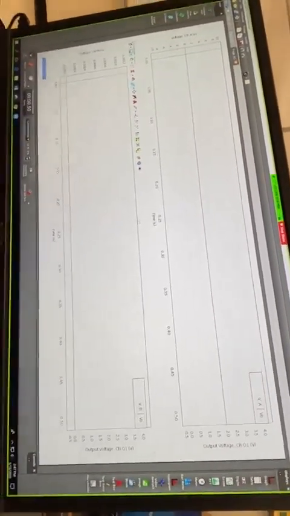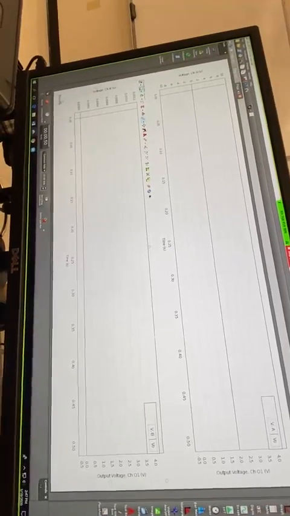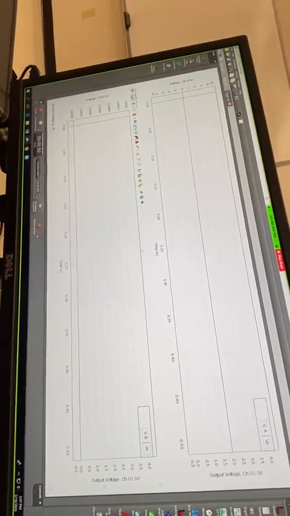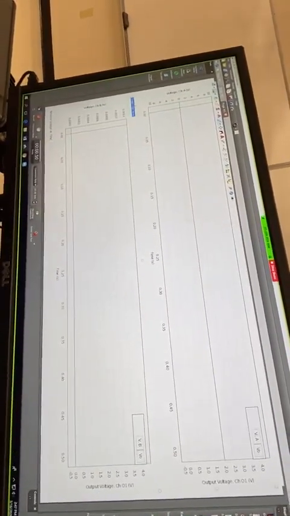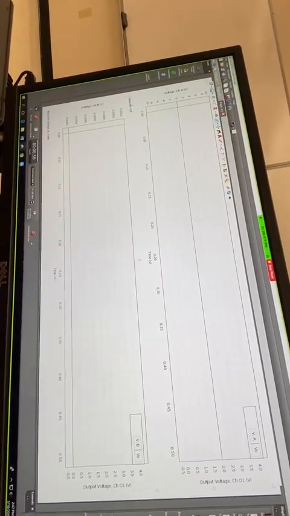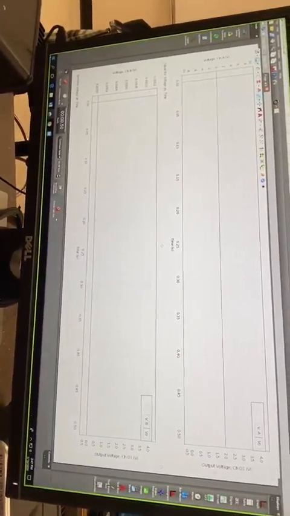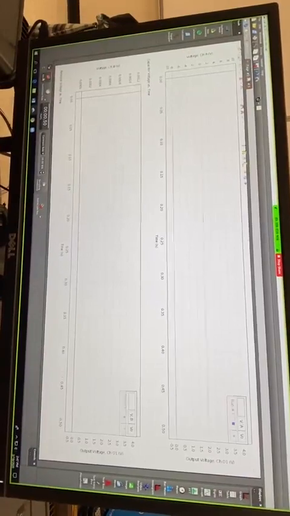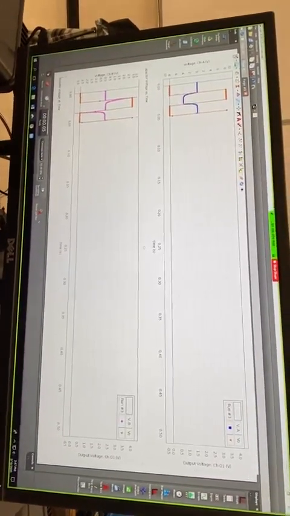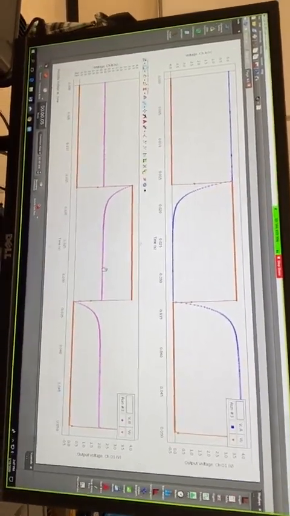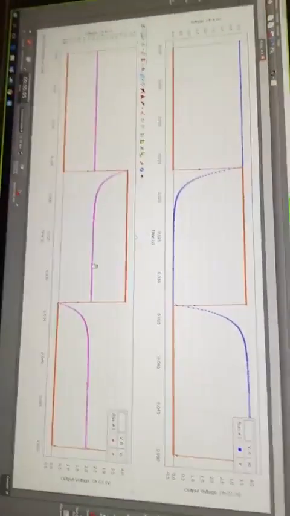I can put a title here just to remind myself. This is the resistor voltage versus time, and this is my capacitor. Okay, so now that everything is set up here, I'm ready to take some data. So again, I have my circuit set up, and I do my record data, and everything is smushy, so I do this, and I do this to auto scale them both. All right, so now what we're looking at is